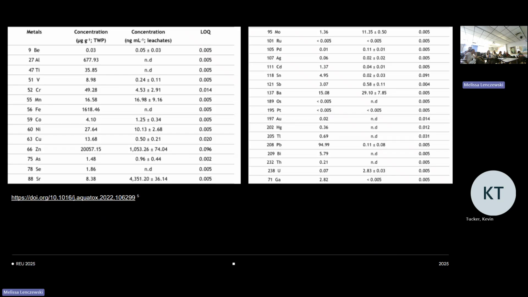And this study here shows the concentrations that you have within the tire particle on that left one, and then this is in the leachate, so this is in the water sample. And as you can see, the zinc and